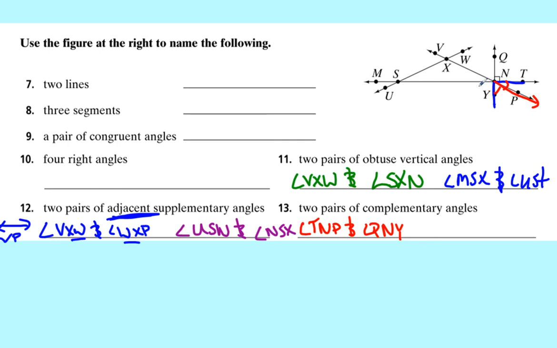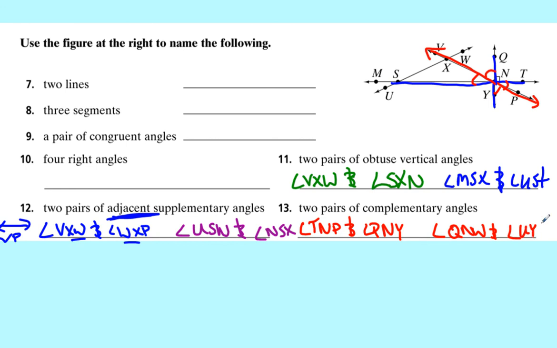And then we can do the same thing on the other side. Again, we can use this right angle, but there's no complements here. It's just a lonely 90-degree angle. But on this corner here, it's happily split up by this ray over here. So what we have is one angle up top, one angle down below, and we're just going to write them both down. So we have angles, we call this Q, W, and the other side here would be U,